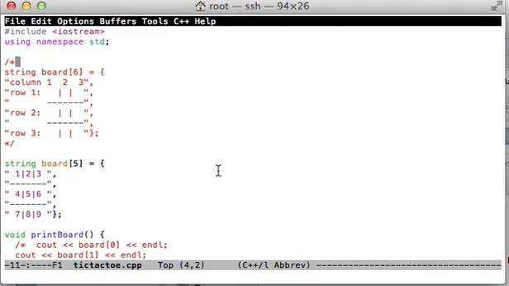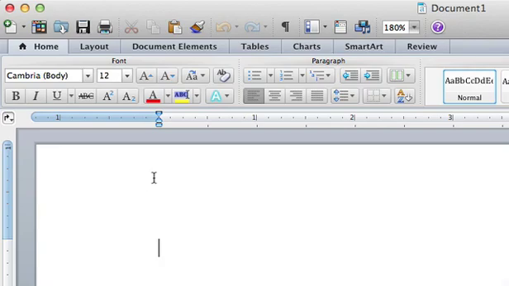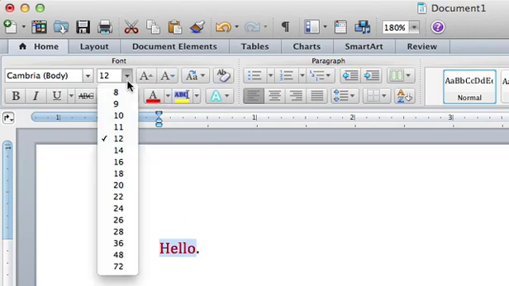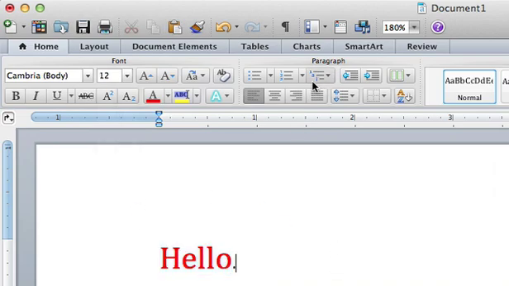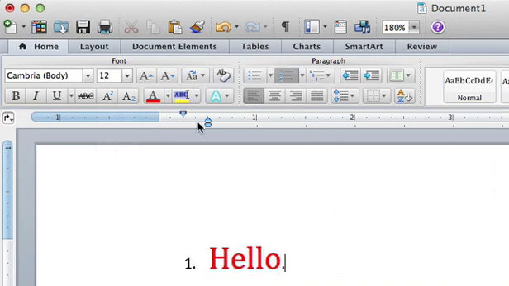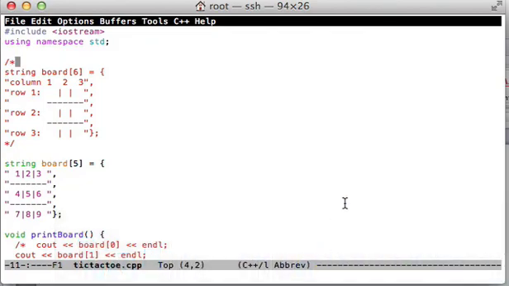Let's contrast that with a Microsoft Word document. Here's a Word document, and I can type text as well. But now I can put extra things like color and different fonts and sizes, and I could put pictures and tables and whatever. All of that is not text, that's extra information. And when we're talking about files, we're dealing with text files. The simplest, so let's do file